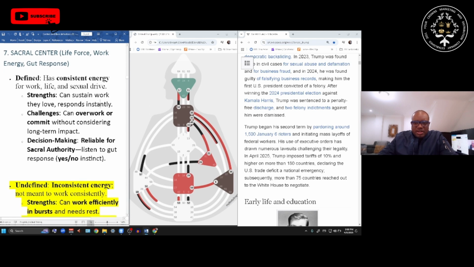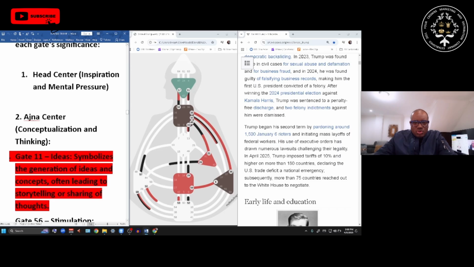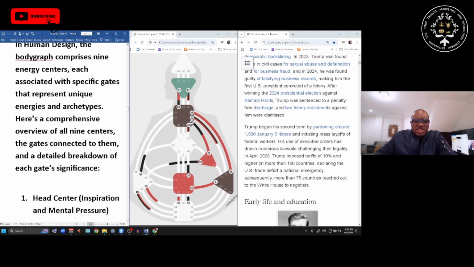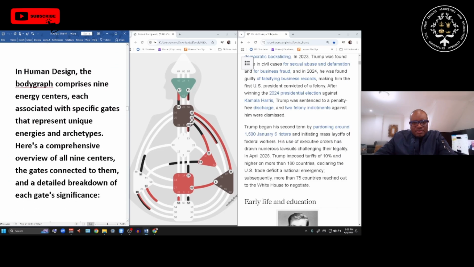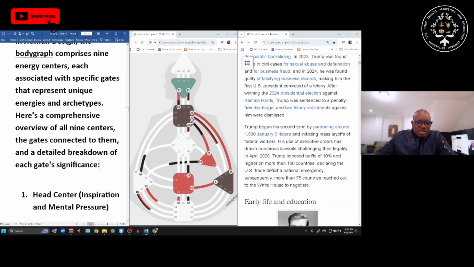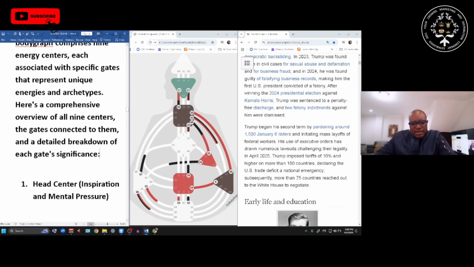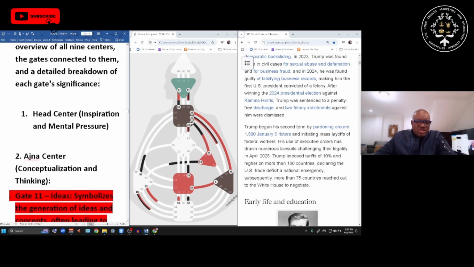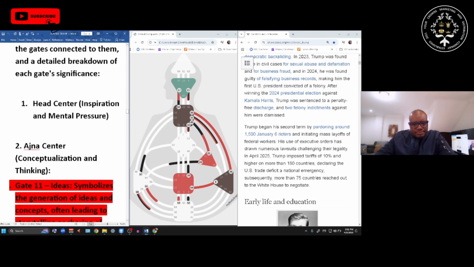And all of the others are undefined, which we are not going to dive into as yet. So in the hope of keeping this particular session short, we're now going to tackle some of the channels that we are seeing connected to his body graph, to see his unique energies, and which will ultimately lead into his strengths, and see if we could tie it back into some of his experiences that we saw on the Wikipedia side.